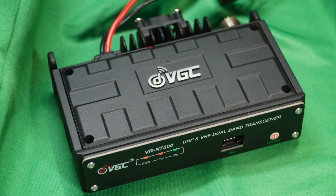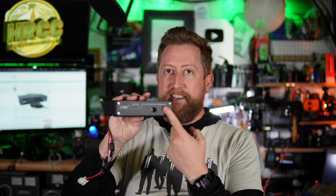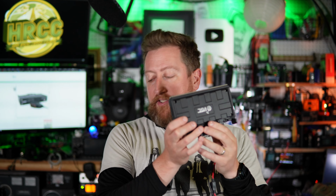or are already not working together, as we often do. Today we're actually looking at a radio that is a confluence of these wirelessly connected devices like phones and tablets to make it function. This is the VGC, want to make sure I get this right, VR-N7500. You can already see there's no screen on this. It's a small little radio where you basically push all the functionality of control from this via Bluetooth into your personal tablet that runs Android or your smartphone. iOS is also compatible with this,